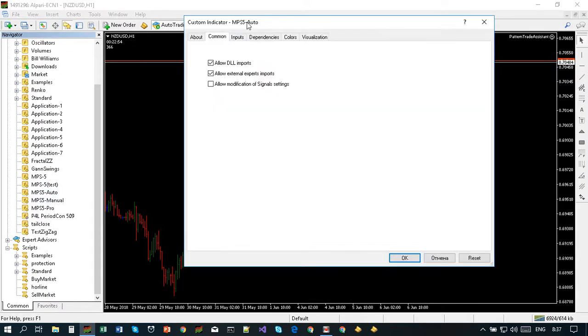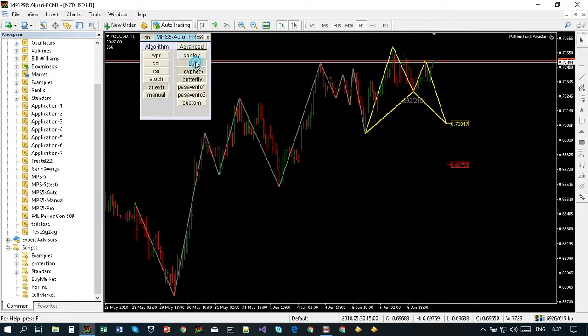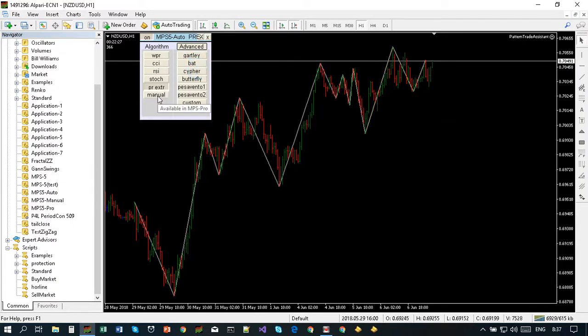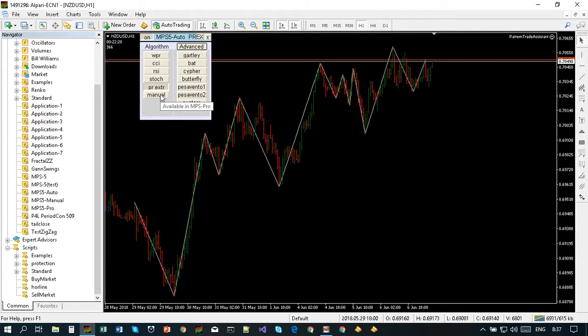Next, I promised that I will do the demonstration of Author. Author is the same as this Pro version. It has also this graphic interface, and you can switch between the patterns, but you have some limitations. For example, if you try to hit this manual, you will be notified. You have this tooltip available in Pro version. Well, why have I written this tooltip that it is available in Pro version? Because if you already have